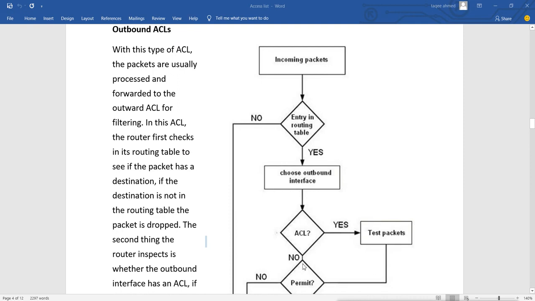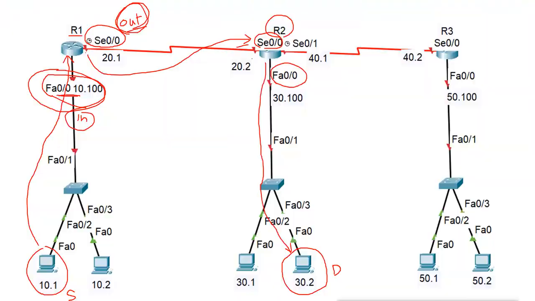So simple. In this design, for example, I configure the ACL for this outbound port and outbound traffic. Data will enter the router first. The router will first check the routing table for any information about the destination network. If it has no information, it will say no route, destination unreachable.